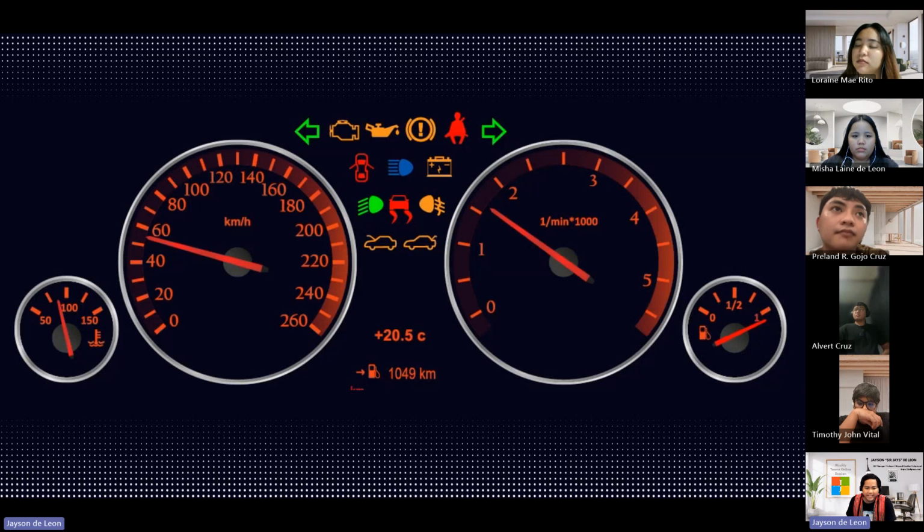So you could still drive, but it's risky and stressful without a car dashboard, right?